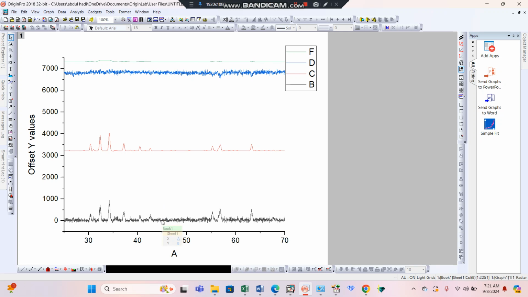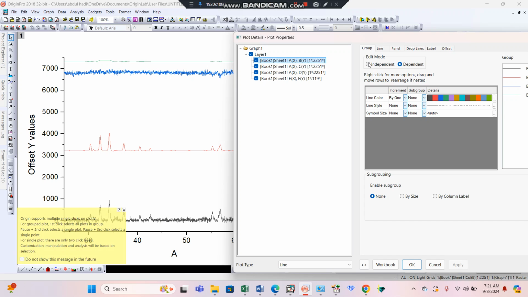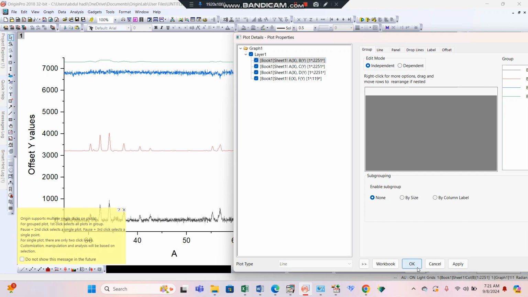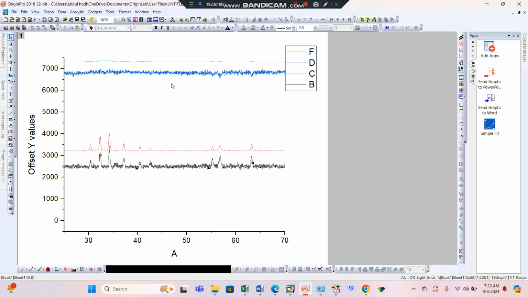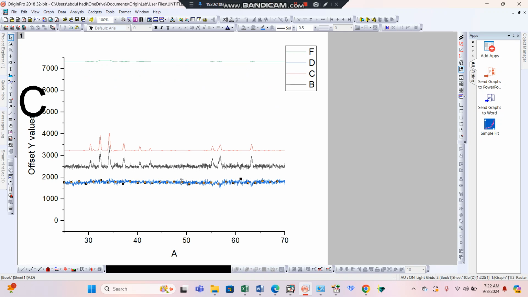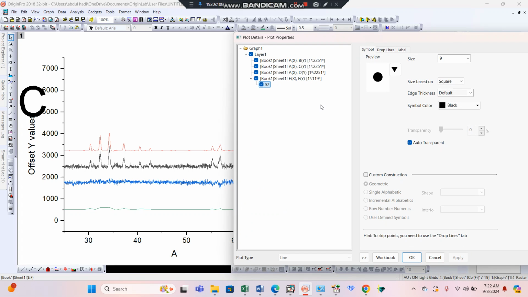Now we want to make it independent. Okay, now we can deal with this graph individually. We can move, we can drag, we can adjust the difference here and then place the JCPD card at the bottom of this graph. So double click this graph, and